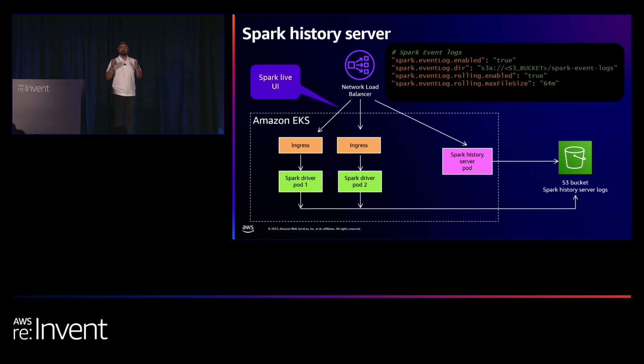And all the data engineers want to visualize while the job is running. So with tools like Spark Operator, which provides an inbuilt feature where you can create an ingress object to visualize the Spark Live UI while the job is running. With the options that we have within our blueprints, you can enable the event logs to write to an S3 bucket, and you can deploy Spark History Server pointing to the S3 bucket and visualize both historical metrics as well as live metrics using ingress and the load balancer.